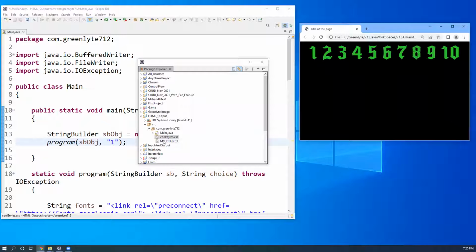But to do that, you just place the HTML file. You could have the CSS in the HTML, but I just put the CSS in a different file, so you at least need an HTML file. And as you can see, they're here. So